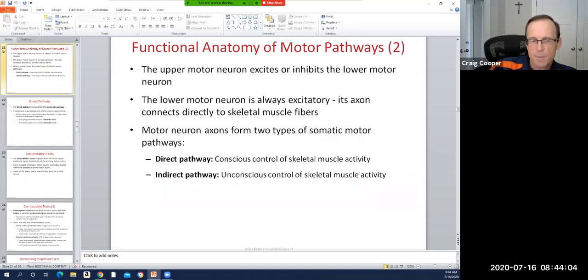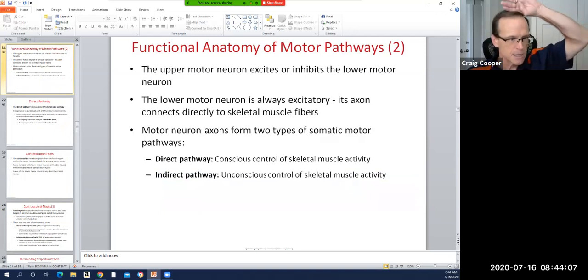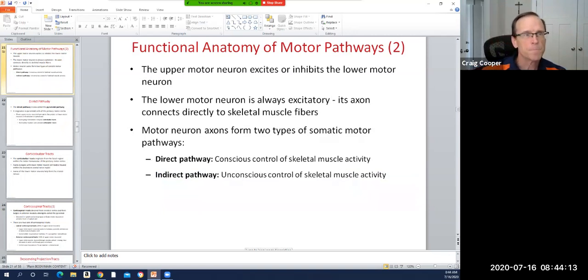The direct pathways are going to be really the stuff coming from that precentral gyrus. The indirect pathway is going to be motor functions that are a little bit more on autopilot. It is distinct for skeletal muscle. So these are things that are going to help regulate like muscle tone and some of our more autopilot functions. We talked last time about the cerebral nuclei, things like the caudate nucleus, the globus pallidus, the putamen, the amygdala. Those are those cerebral nuclei. The cerebral nuclei are really the primary things you're going to use those indirect pathways,